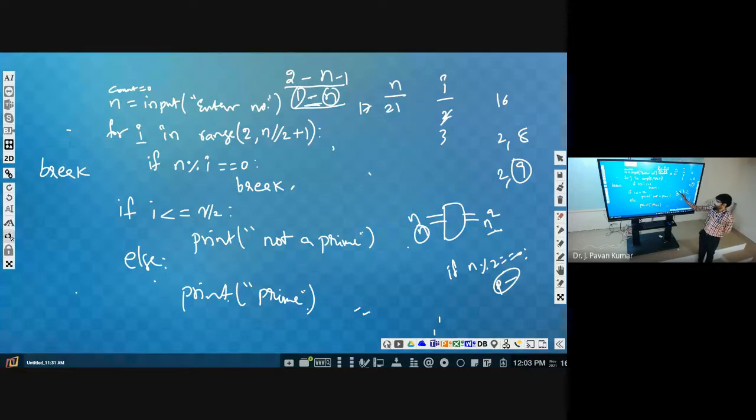Again we will take another number. If it is even, we display n square. Like that we will keep on taking numbers and display their squares. If I give 2, it has to display 4. If I give 3, it should not display.